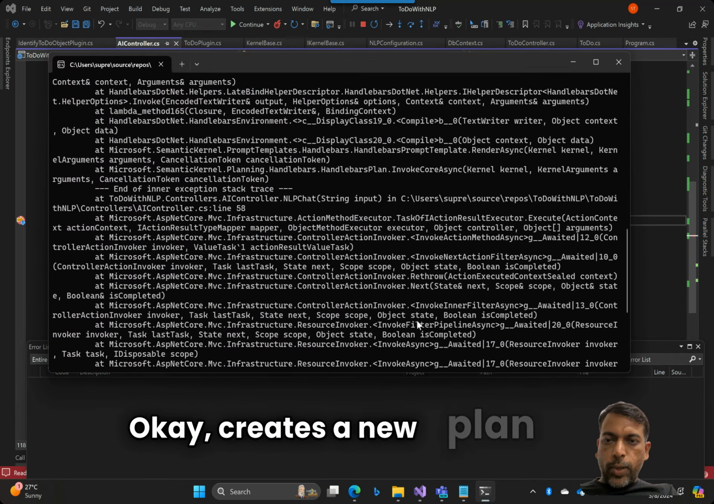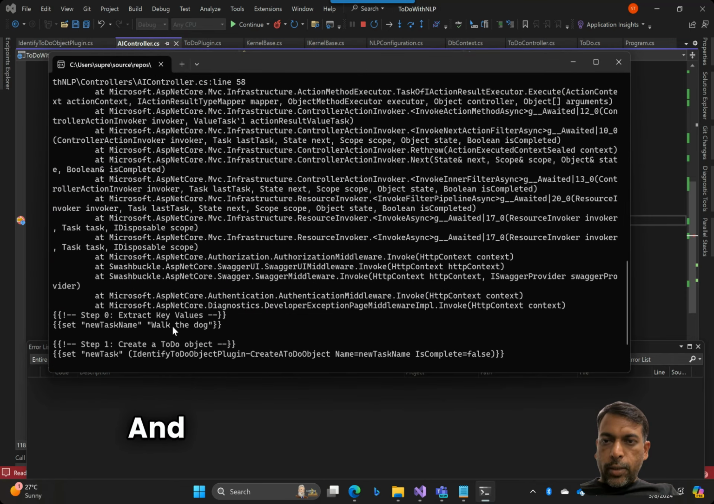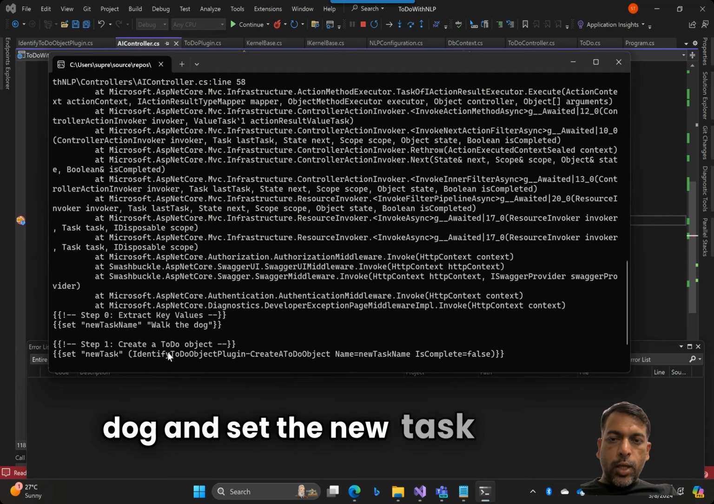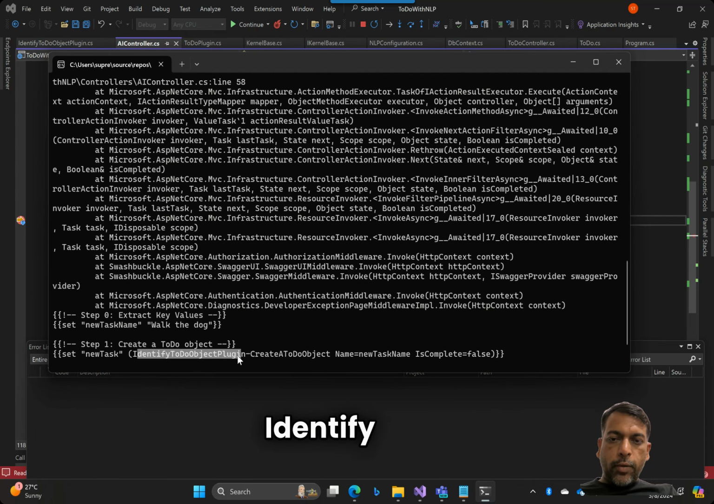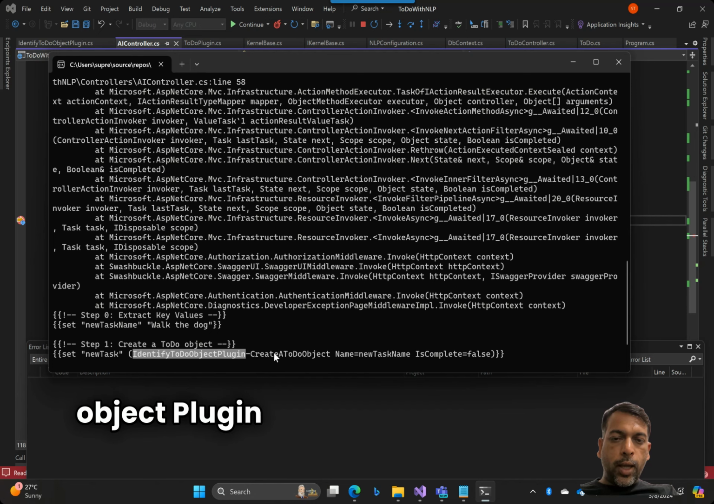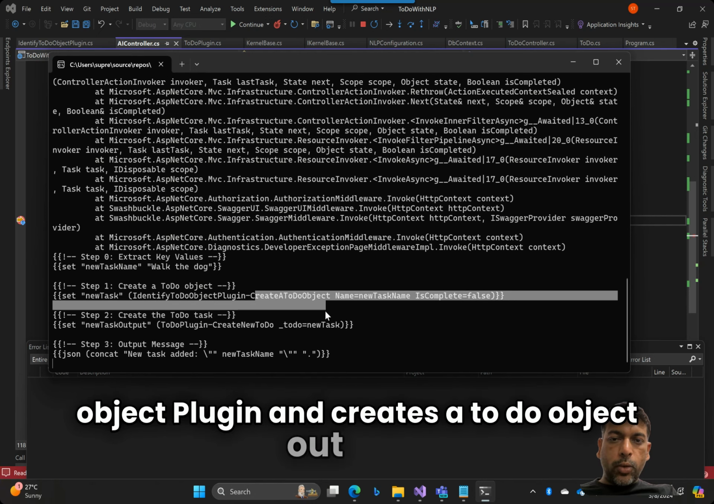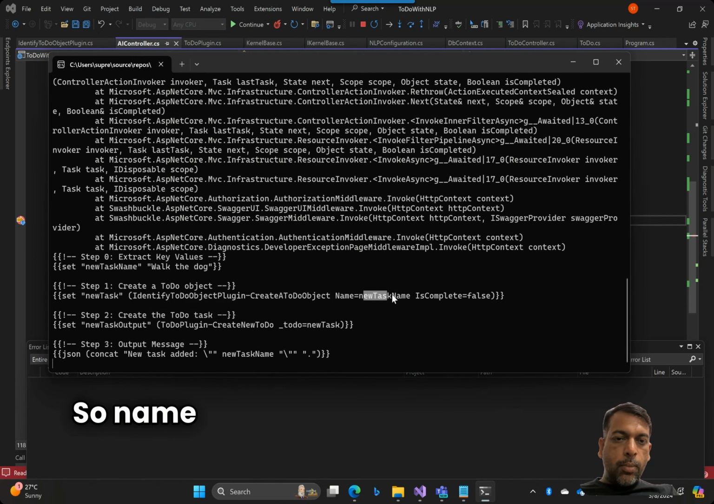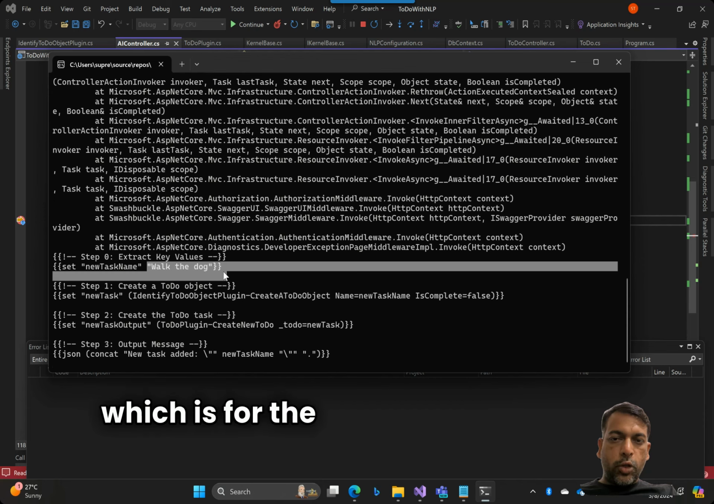Okay, it creates a new plan again. The plan it has created says extract the key values. So the new task name is walk the dog, and set the new task from here. Identify new. So now it is using the new plugin, the identify to-do object plugin, and creates a to-do object out of it. It's passing that as the new task name, which is walk the dog,